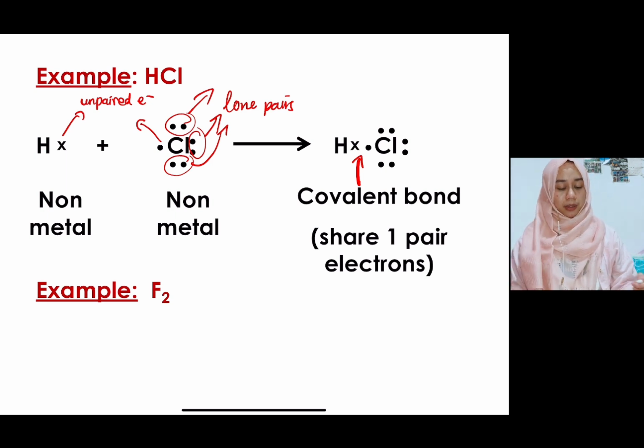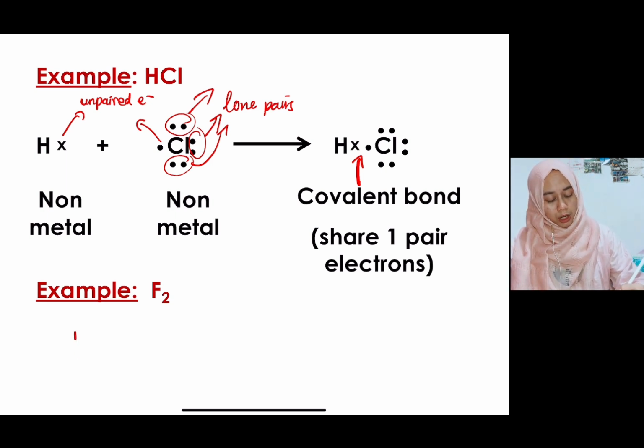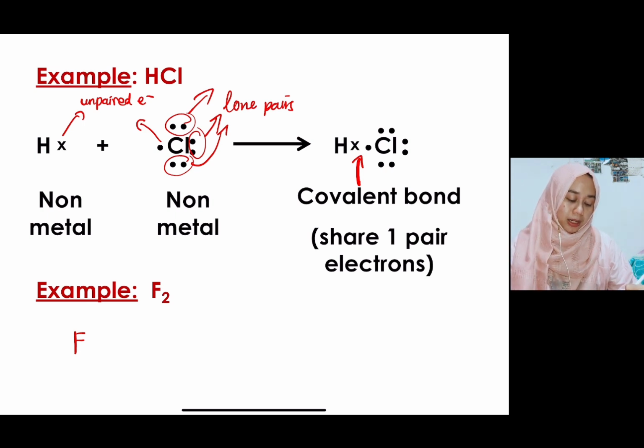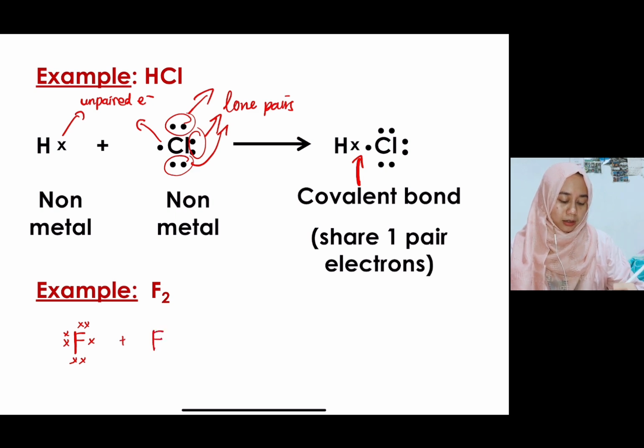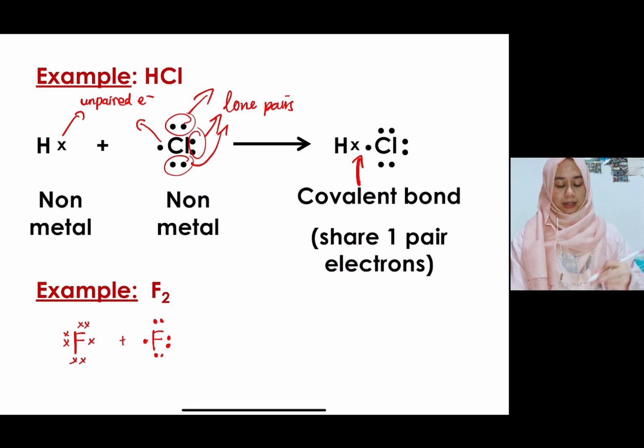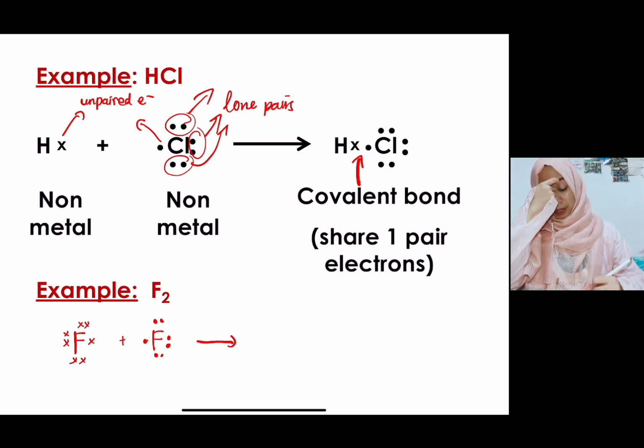Okay, and then next kita pergi example untuk F2. So F2 maksud ada 2 fluorine lah. So fluorine dalam group 17 kan. So dia ada 7 valence electron. So mesti tunjuk macam ni lah. Okay, ni satu. And then satu lagi adalah 7 juga. Tapi mesti tunjuk guna dot supaya kita boleh bezakan. Okay, so macam ni. So bila dia share electrons tu, so apa yang kamu akan dapat adalah,